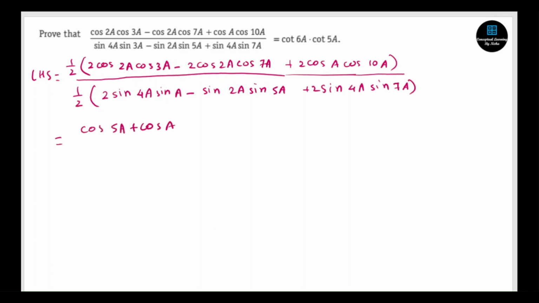So cos 5a plus cos a, then this is minus, and then again cos 9a plus cos 5a, plus cos 7a plus cos 9a, whole upon